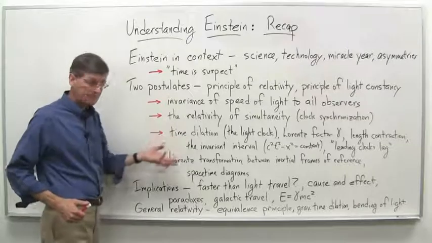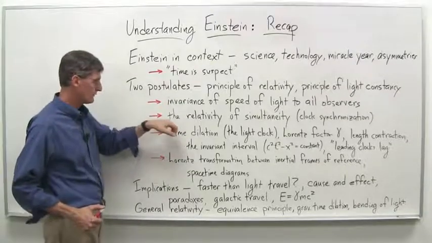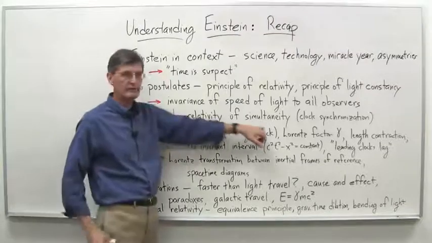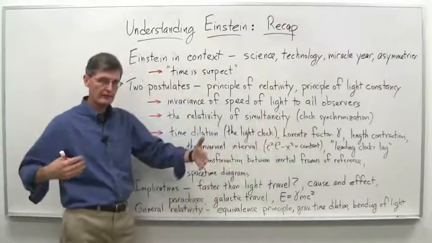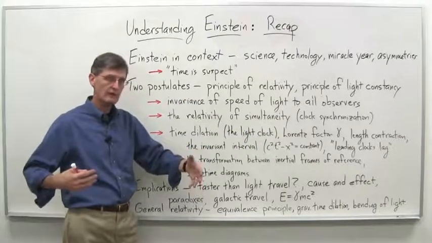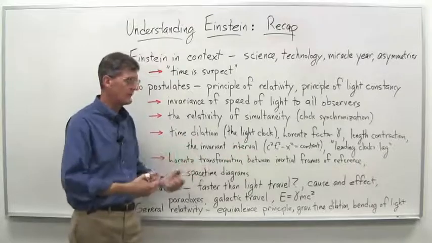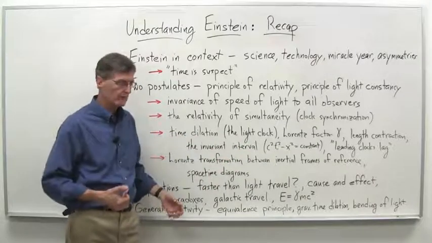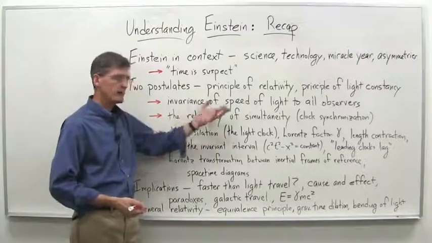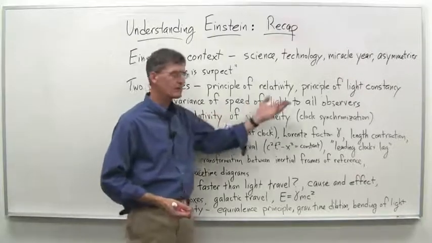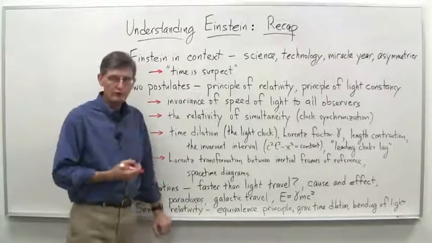And then from that, we looked at, okay, what do we get out of that? Well, one key thing was the so-called relativity of simultaneity, that clocks synchronized in one reference frame will not be synchronized in a moving reference frame. We talked about the concept of a lattice of clocks for each reference frame that would be synchronized. And so the relativity of simultaneity, or the relativity of clock synchronization, that was big news for the time,